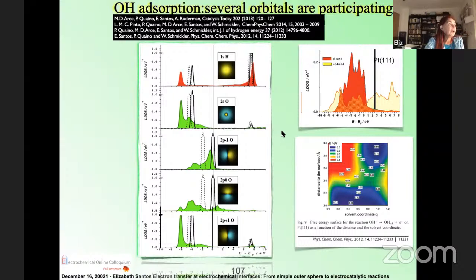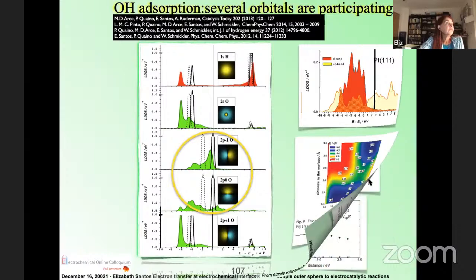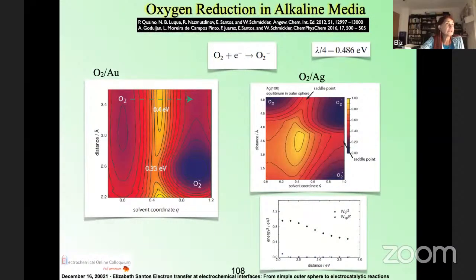But when it is near the surface, we see that these two orbitals are interacting with the metal. These two p orbitals are involved in the interaction with the metal, and then we can use the fit of this orbital as a function of the distance in order to obtain the potential energy surface. Then we have also the oxygen reduction reactions, and we have investigated that in alkaline media,